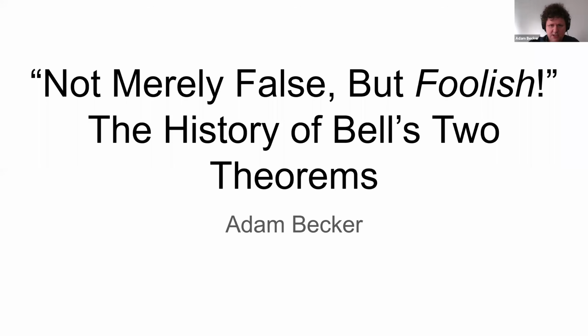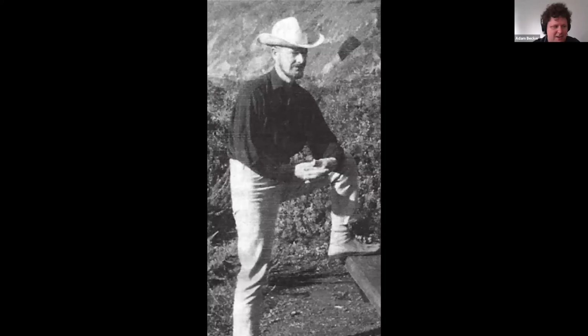So this is John Bell in about 1964, roughly the time that he wrote and published his two earliest and most well-known results in quantum foundations, Bell's theorem and the Bell-Kochen-Specker theorem. Those were his first two publications in quantum foundations. And he did both of them while he was on sabbatical, a sabbatical which he started actually out here in California, which is where this picture was taken. I think he was sort of playing a little bit at being a cowboy here.